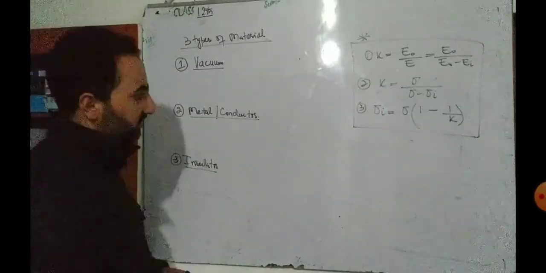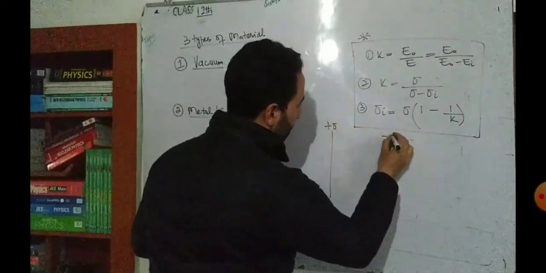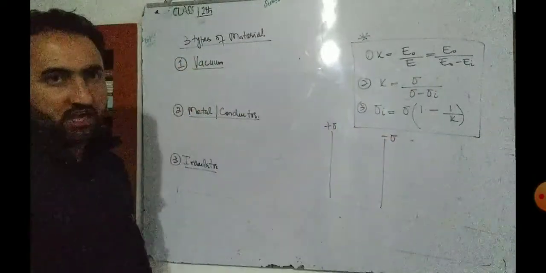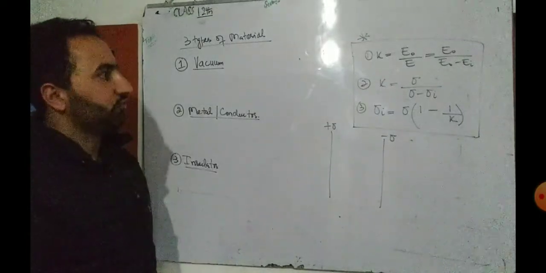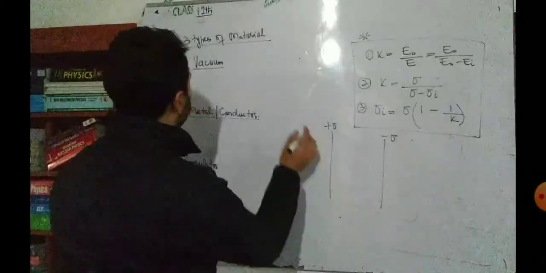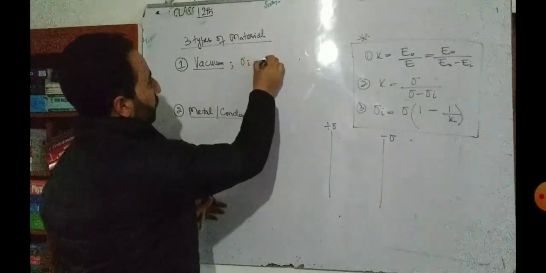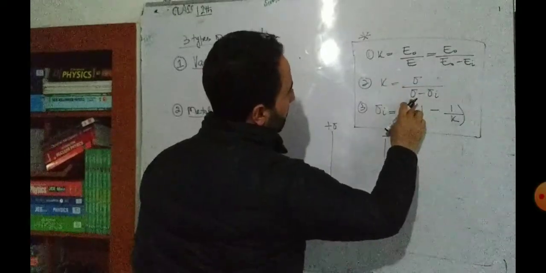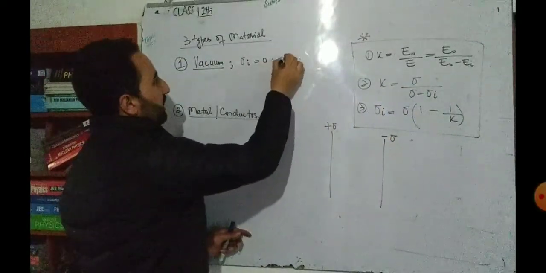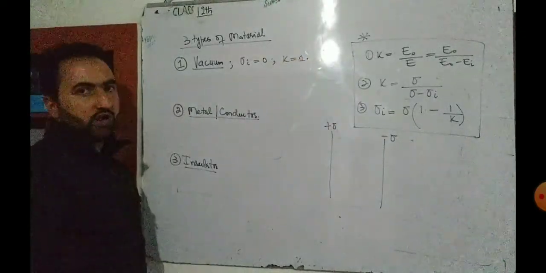Simply vacuum implies this. For example, here we have this positive plate. This is plus sigma, minus sigma. Vacuum implies there is free space between. When there is free space, sigma I will be obviously equal to 0. उसको होना ही है 0. ठीक है ना बेटा? So in this very case, sigma I will be obviously equal to 0. When sigma I is equal to 0, k will be equal to sigma by sigma, simply 1. That is, the dielectric constant k is equal to 1 for the vacuum, as we already know. Or for the free space, it is equal to 1. ठीक है ना बेटा? So simply it's equal to 1.